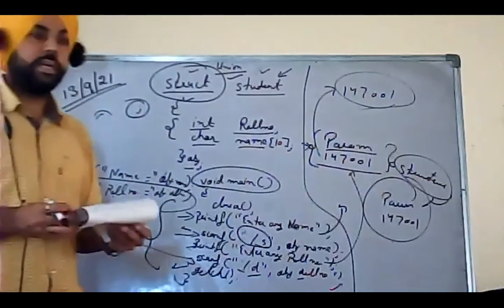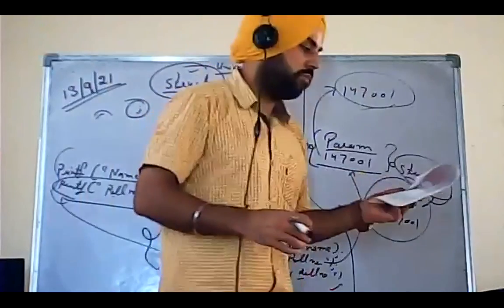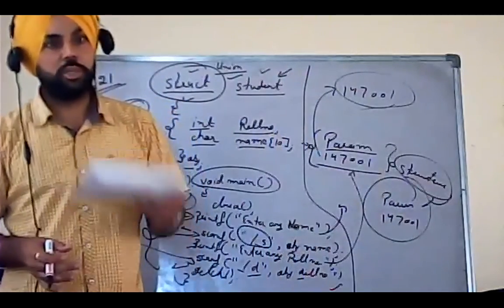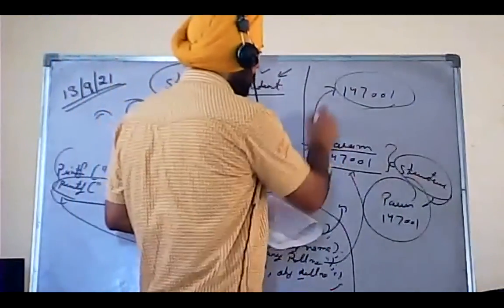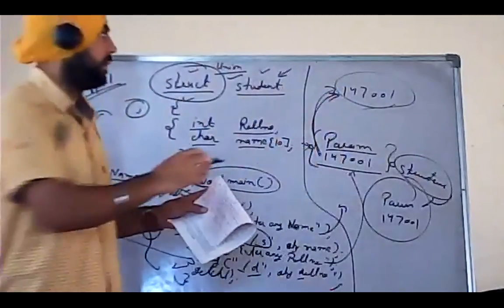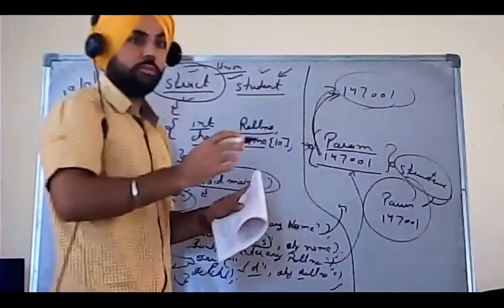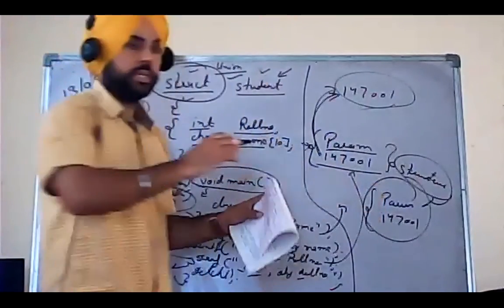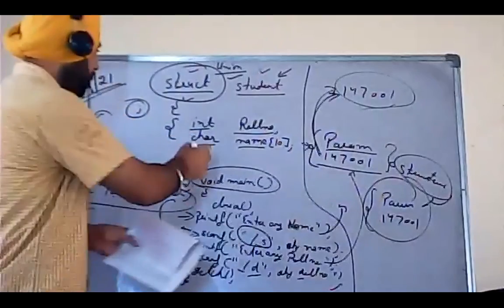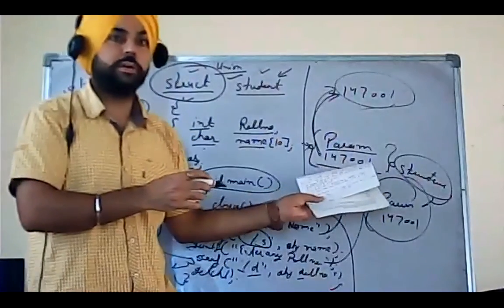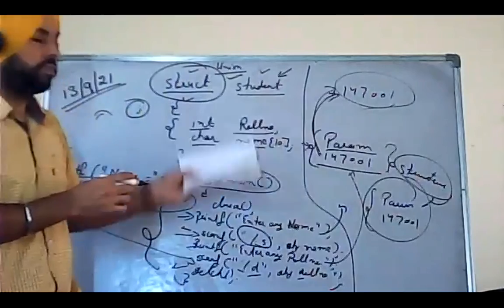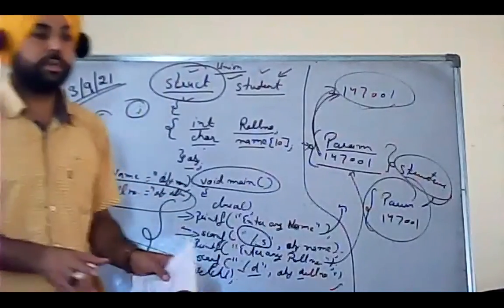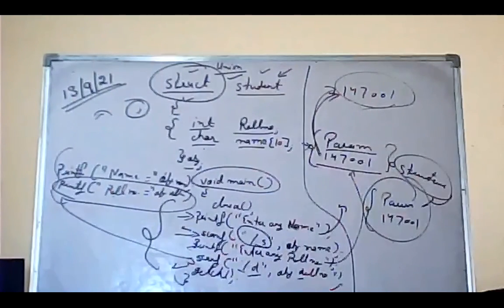Because we already studied that only one member can be accessed at a time in the case of union, and that member is the last one. So the output in the case of union is 147001, but in the case of structure, we will get both values. Suppose we have three variables here, we will get three outputs in the same case. But in the case of union, we will get only the last output. So this is the basic information about structure and union. We have different types, we can say structure within a